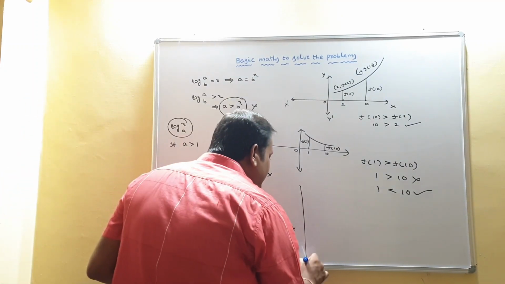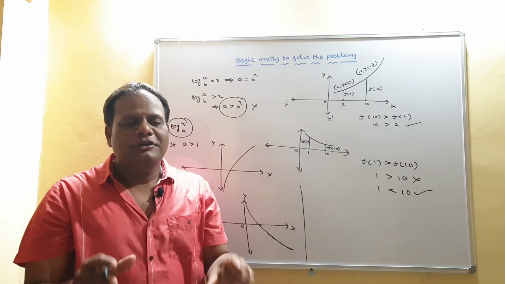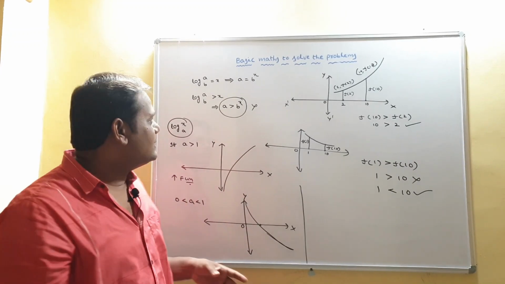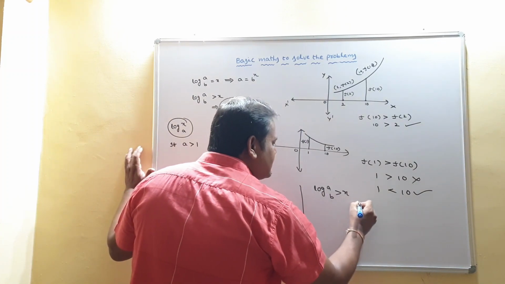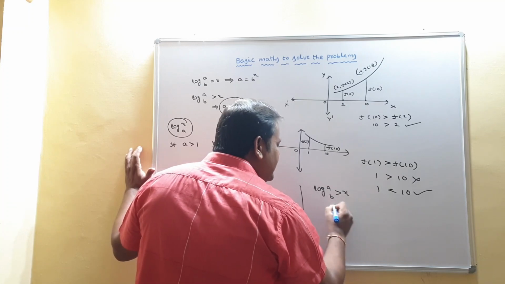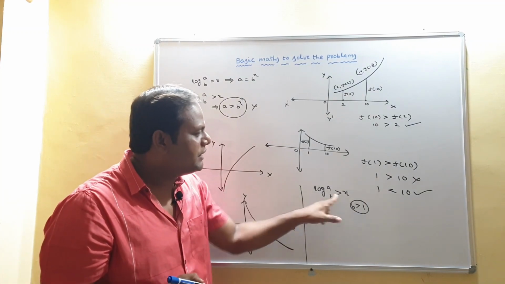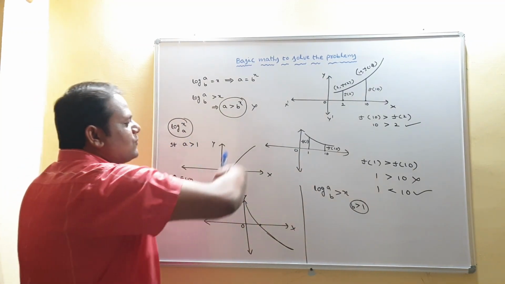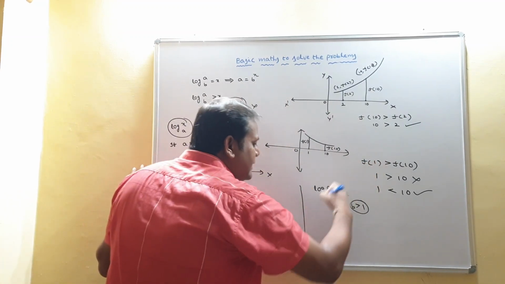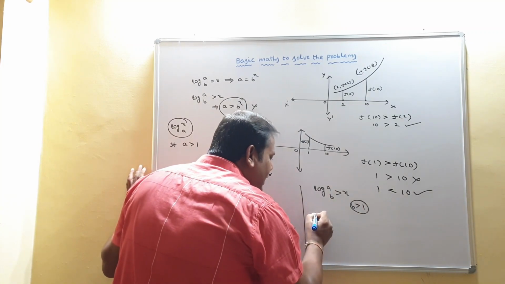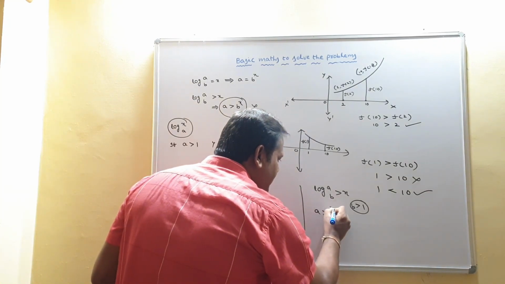So when you deal with a logarithm function in an inequation, first you should know whether it is an increasing function or a decreasing function. Suppose log a to the base b greater than x, where b is more than 1. So if b is more than 1, the logarithm function is an increasing function. So if you remove the logarithm, there is no change in the inequation sign. So you can get a greater than b power x.